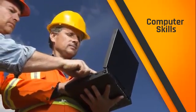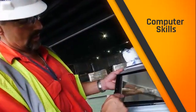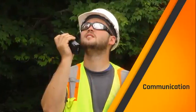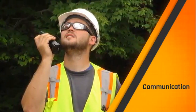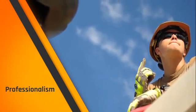Using computers is a fact of life in any job these days. The trades are no exception. You must be willing to learn new technology and techniques. It all boils down to being able to work well with others, communicate clearly, and be dependable. It takes more than just a keen eye and steady hand. It takes maturity and